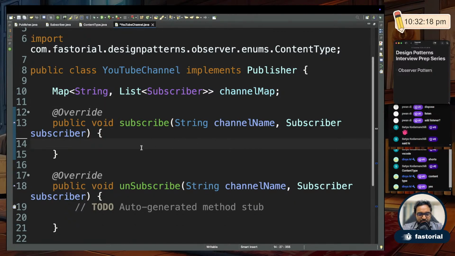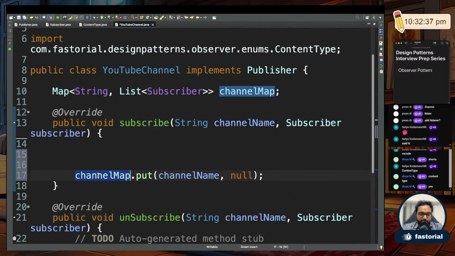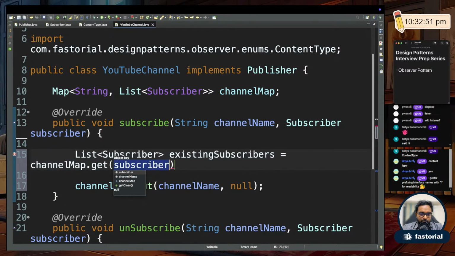Okay. So if you see here, whenever someone calls subscribe, you just do channel map dot put, and then whatever is the channel name, right? To that list, you have to add the subscriber. So first you have to get the list itself. So I'll get the previous list, right? So list of subscriber existing subscribers dot get channel name. So first I'm getting the existing subscribers for this channel, and to that